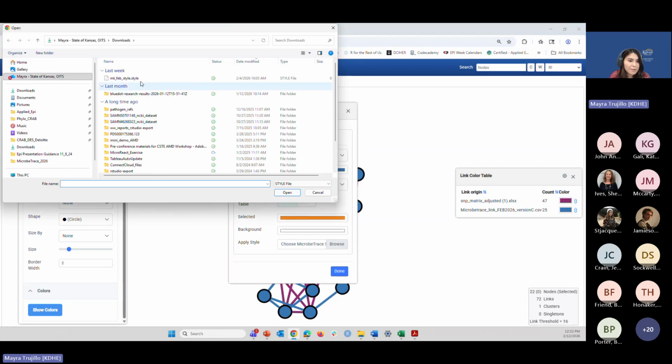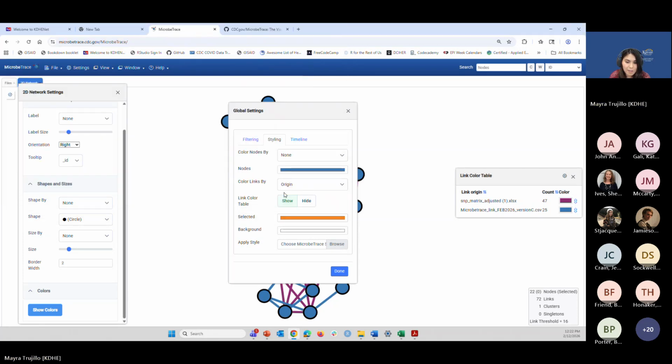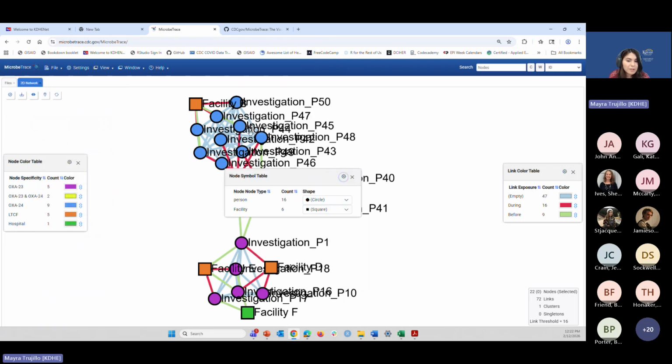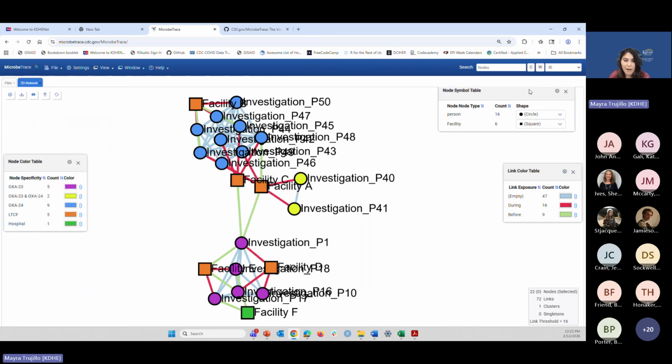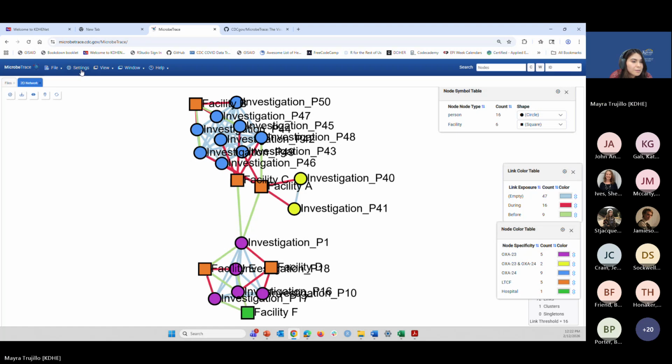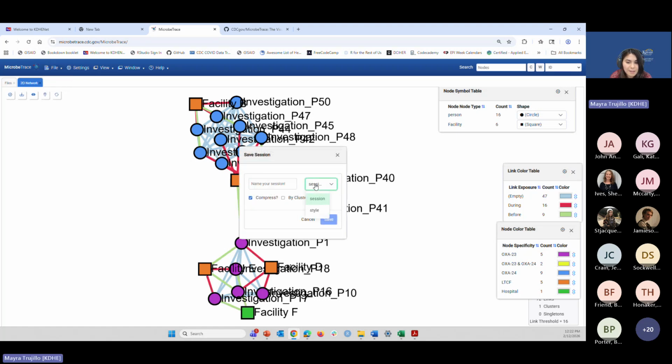Now this is a style that I have already created, and it'll seem familiar to you. Now, in order to create a style file, so you can just drop it again without having to redo the customization, all you have to do is go to File, you'll click Save, and this time you'll click Session. You'll click Style, and then you'll name it